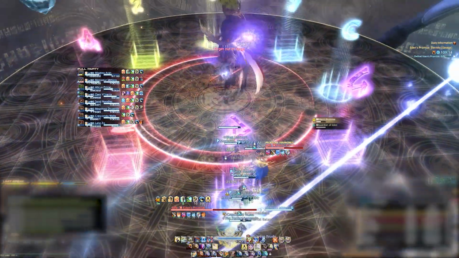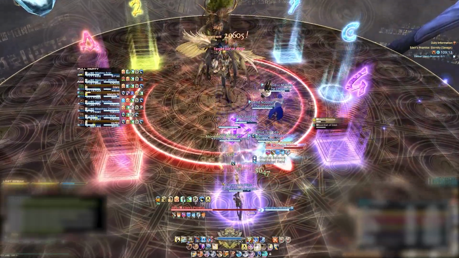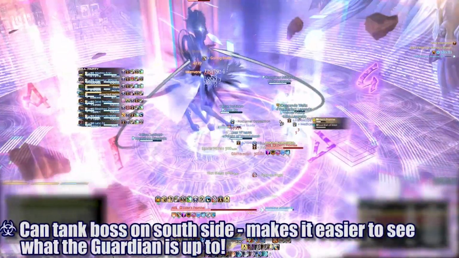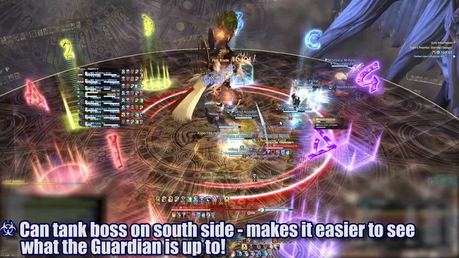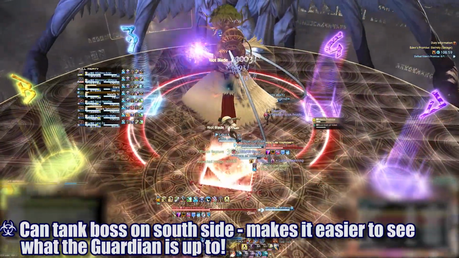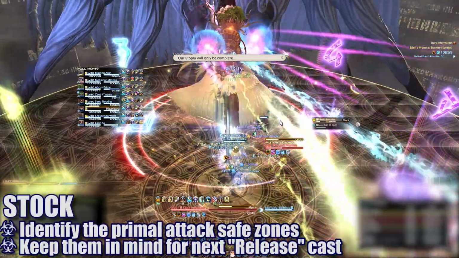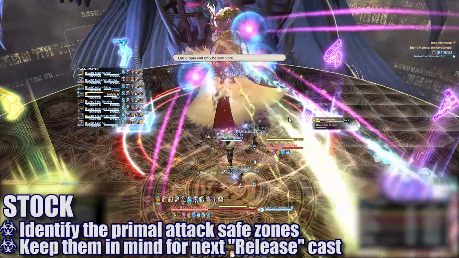This is followed by another obliteration blast from the boss. Again, there is a ton of raid-wide damage happening here, so healers beware. At this point, we have the tank pull the boss to the south side of the platform. This isn't necessary, but we found it helped us pay attention to the guardian a lot easier. At this point, the boss will cast stalk, and players will need to identify the safe spots and keep them